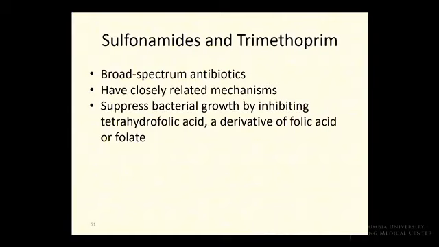Another class of antibiotics are the sulfonamides. The sulfonamides are a class of antibiotics that contain what's called a sulfa group. And sulfa groups are found in many different classes of drugs. We have sulfa drugs that are antibiotics. We have sulfa drugs that are included in the oral